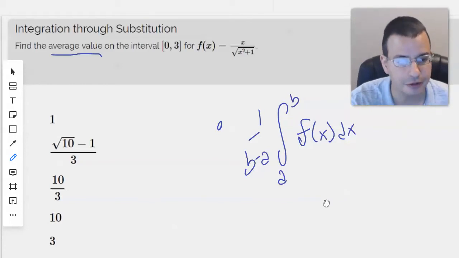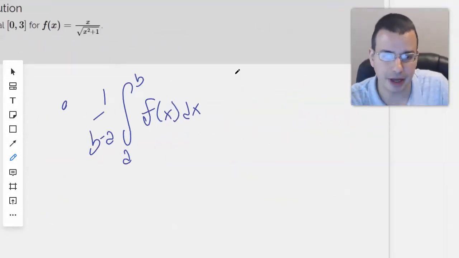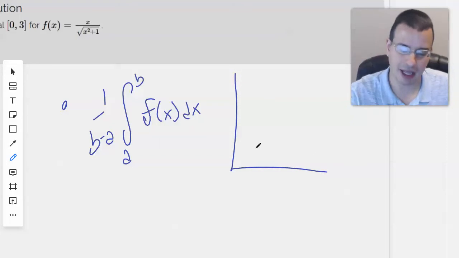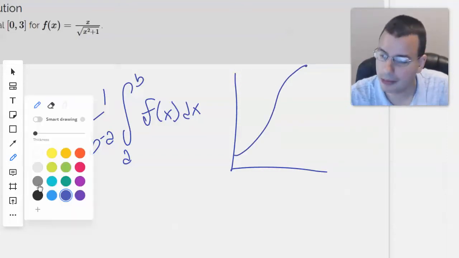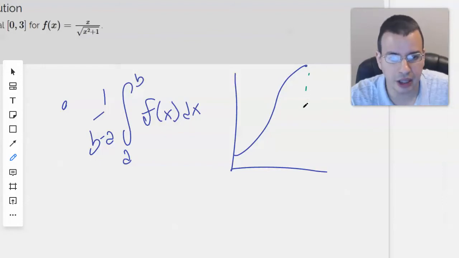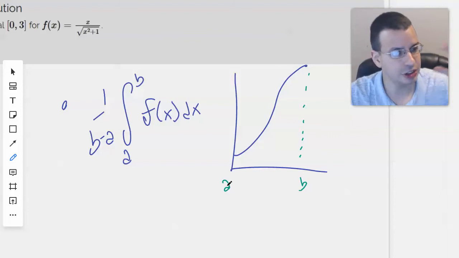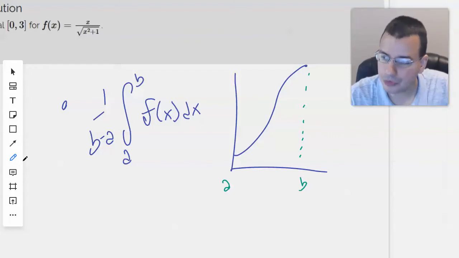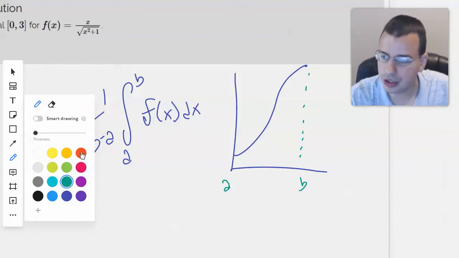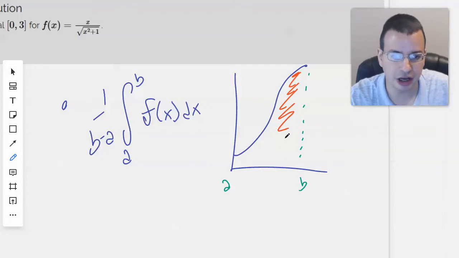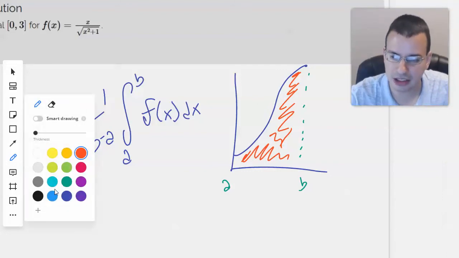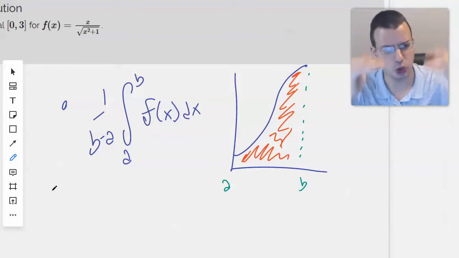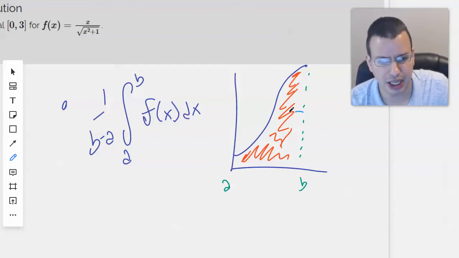Okay, so this is the formula, but I'm not very good at memorizing formulas, or at memorizing in general. The more I can think about a formula and what it means, usually the easier it is for me to recall it. So this is f of x, and this is the area under f of x. What the average value in effect means is if you take this area and squish it down so that it's a rectangle